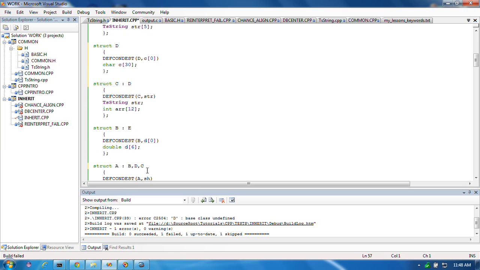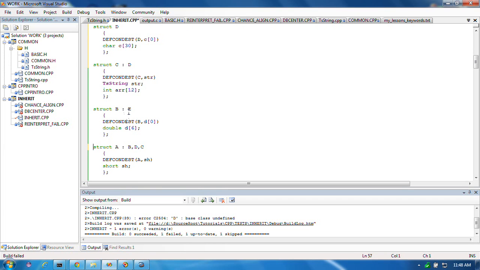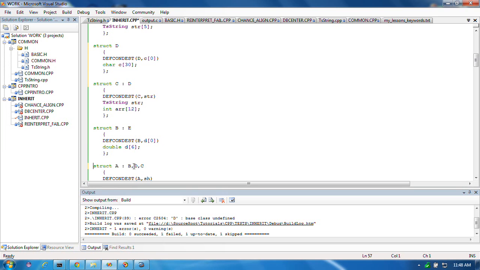Now in this case, B, so E would be the first thing constructed, then B, then D, and then C. So this should be the same. If we interchange D and C, we should get the same, because the C would cause the D construction. In fact, we can take D out of here completely. We can't derive from both D and C. The question is, which one should we keep? I would say that we would have to get rid of D. Because if we just had D here,